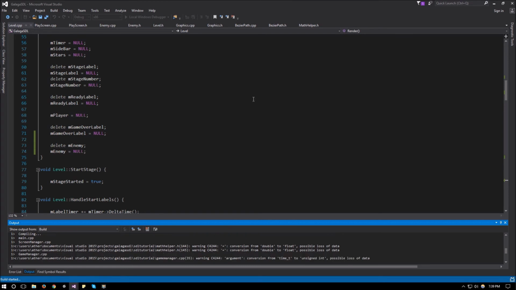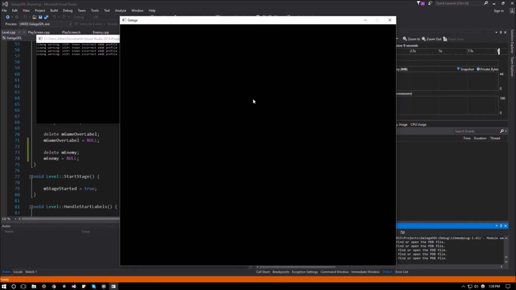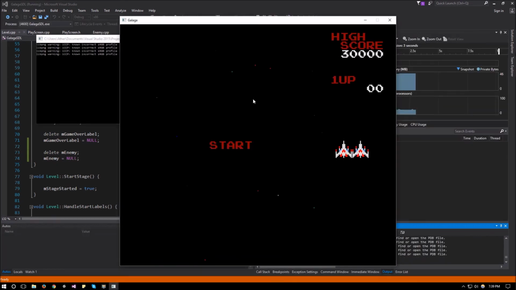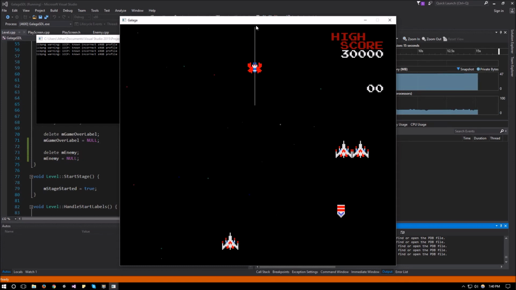So hopefully that renders our path for the enemy, our sampled path. There we go. So we have our path now, and we're interpolating between it. Once it gets here, it's in formation state,